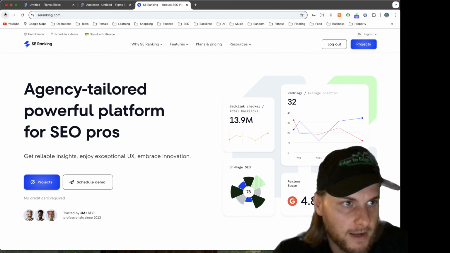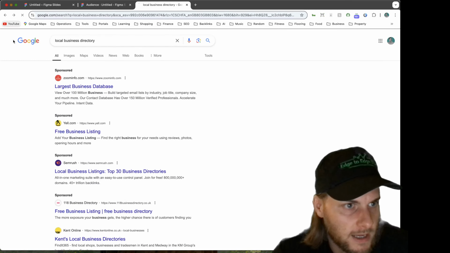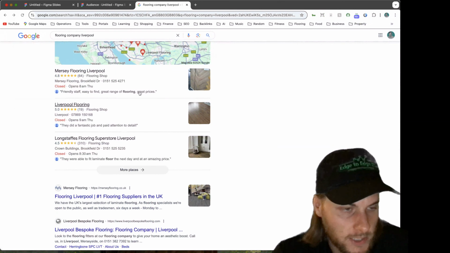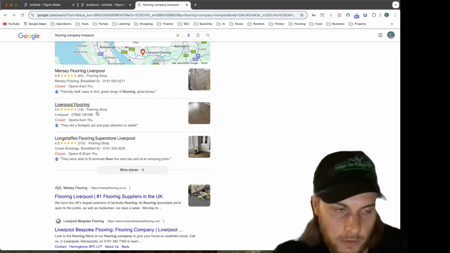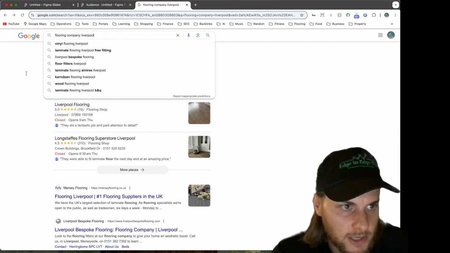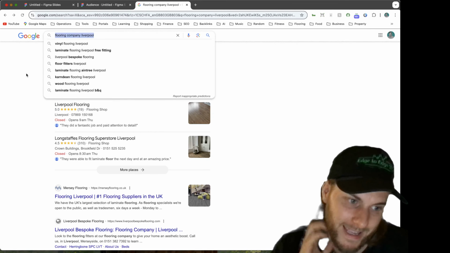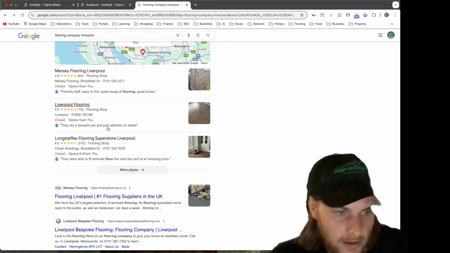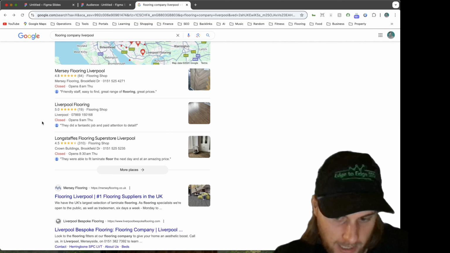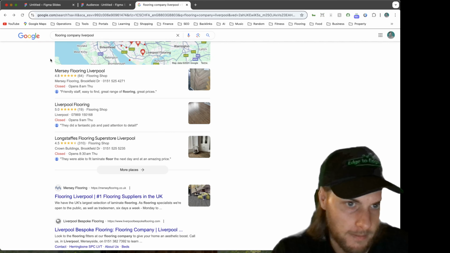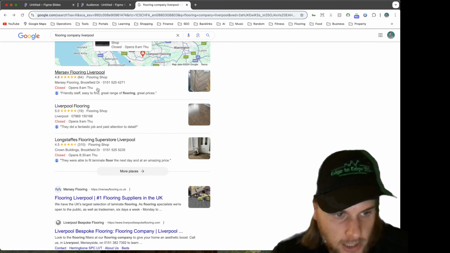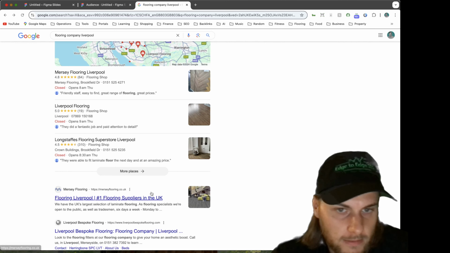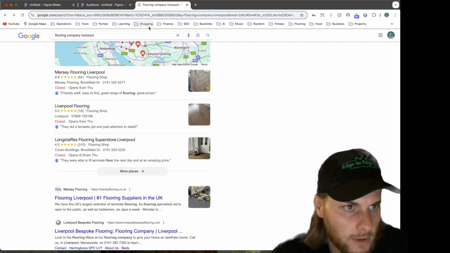Because in theory, if we go back to the results here, these companies that are ranking at the top of the search results are ranking for a reason, because they've done something right within that area for those keywords. So the best and quickest way to get to the top of the search results is to look at your competitors and what they've done right, and then mimic that, and obviously then take it a little step further and try to do it better than them. But that's the first step: researching the citations they've got, making a list of those, and then going out and actually getting your site added to those as well.